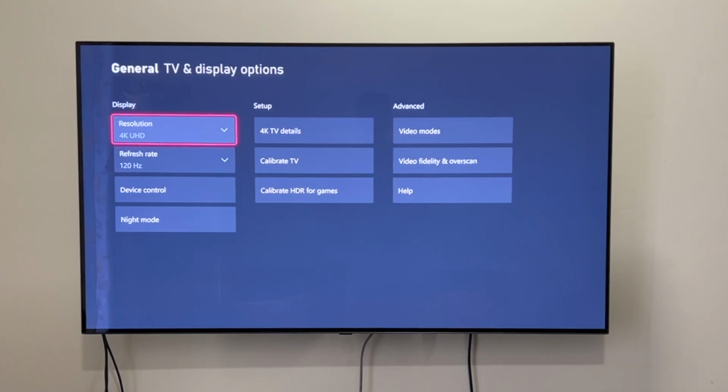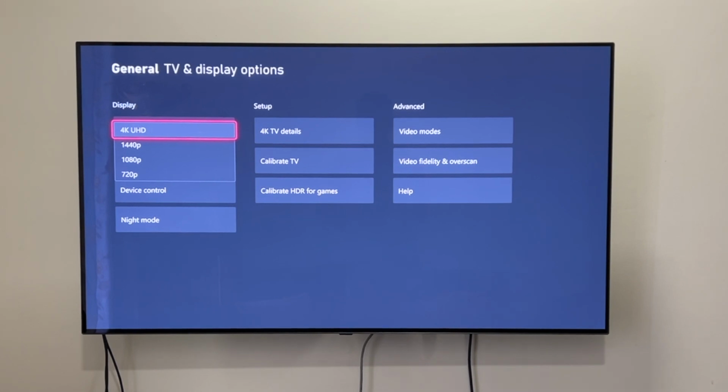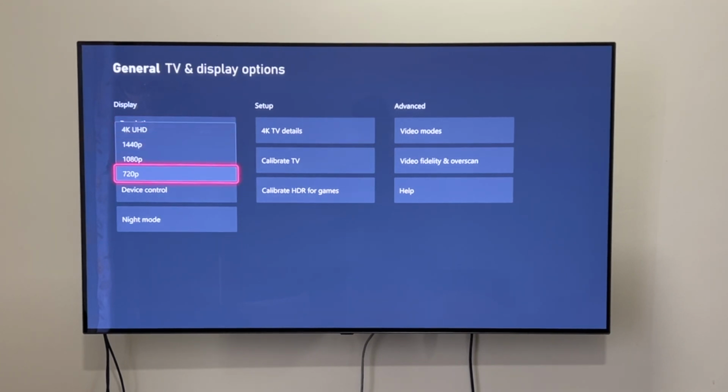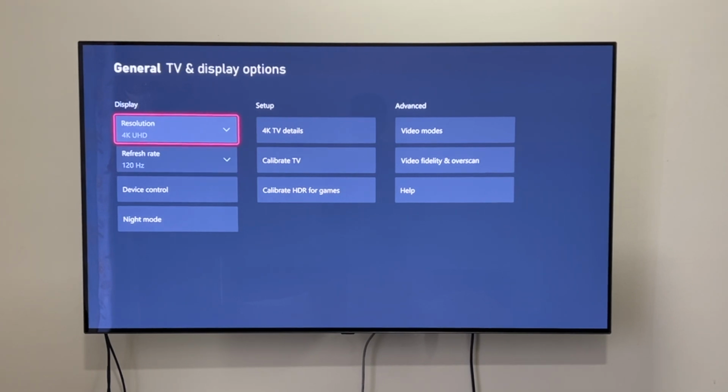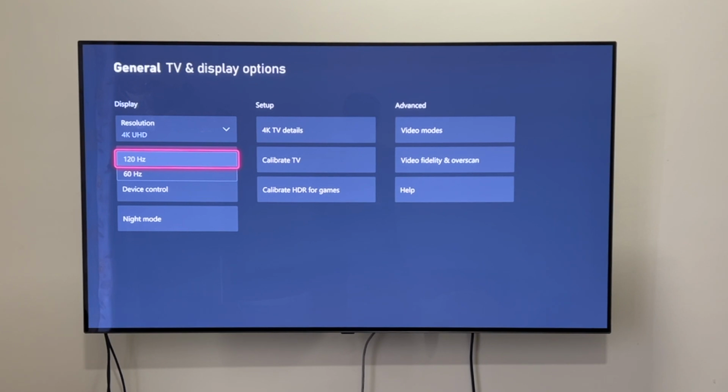Right, the resolution, of course, because I have a 4K TV, I have chosen it at 4K, but if you have a 1440p monitor or a 1080p monitor or TV, you can choose that as well. And if some of you are rocking a really old TV, then 720p is here as well for you to manually choose. And of course the refresh rate, I have a TV that supports 120 Hz, so that is enabled